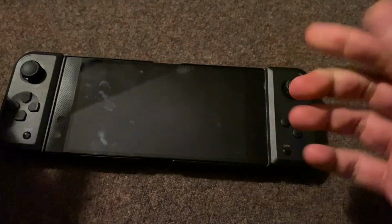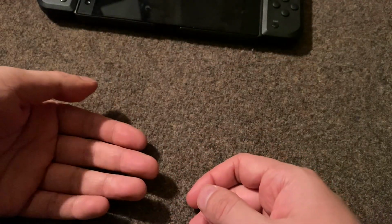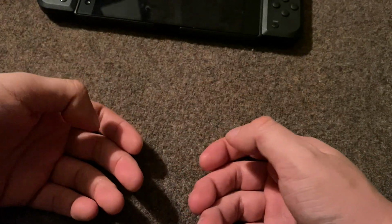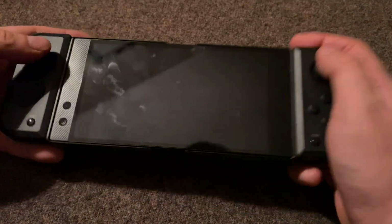Of course, that one I feel is a little bit less portable, and it's actually more expensive than this one. This one's $100. The Raiju Mobile is $150, and it takes up a little bit more space because it's a full Xbox 360 controller, like kind of an NVIDIA Shield portable type of layout, and it's that style of control, right? But it takes up a little bit more space. I feel like the Nintendo Switch style, where you just attach controllers onto the side, is a more versatile style